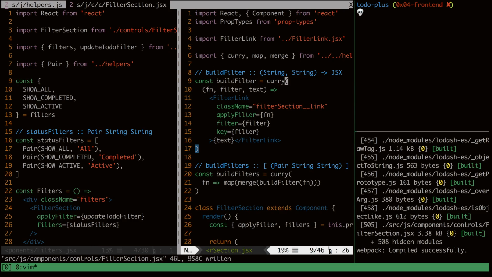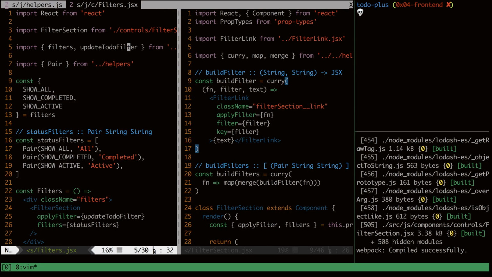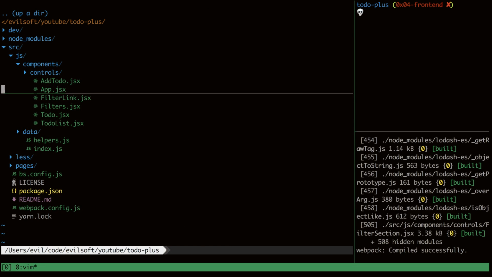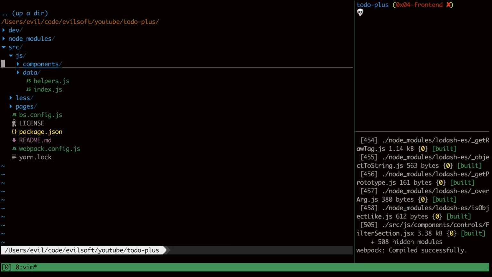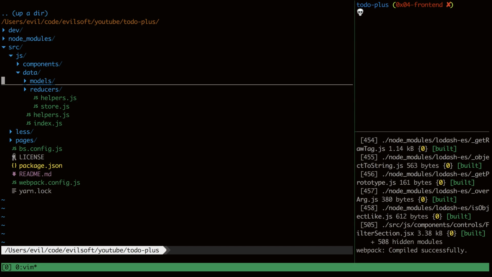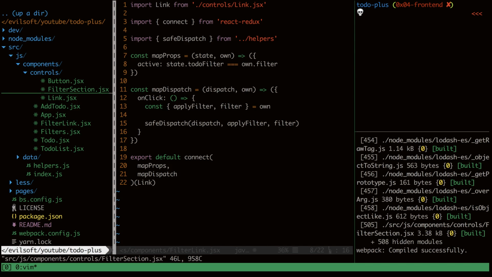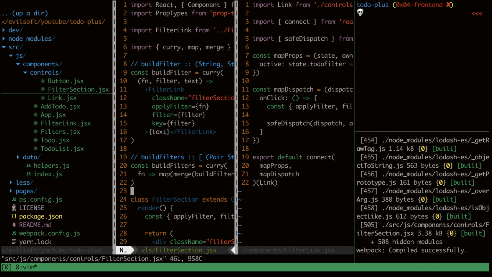Okay, so now that we have all of our helpers moved over, we now need to, what is the thing we need to do? Let's look at filter link. All right. Components, and we'll look at filter link here. Now what we need to do is fix up this to-do filter. Oh, by the way, I guess we should also make sure that all of our stuff is working. So